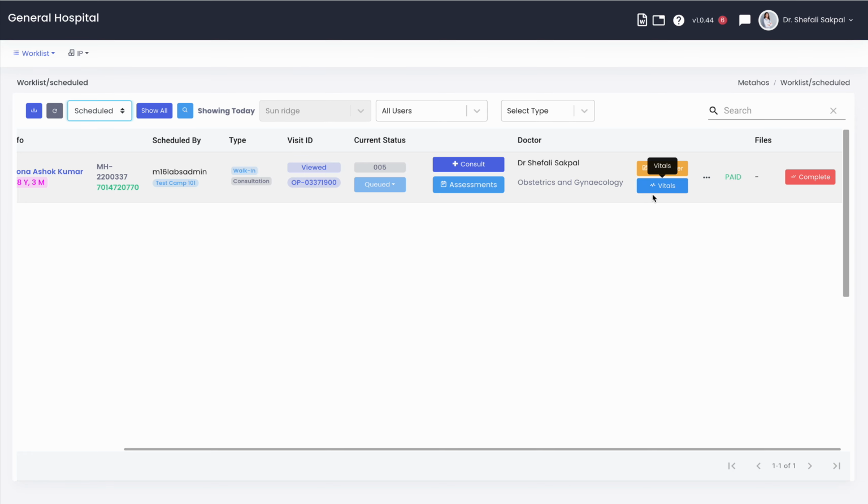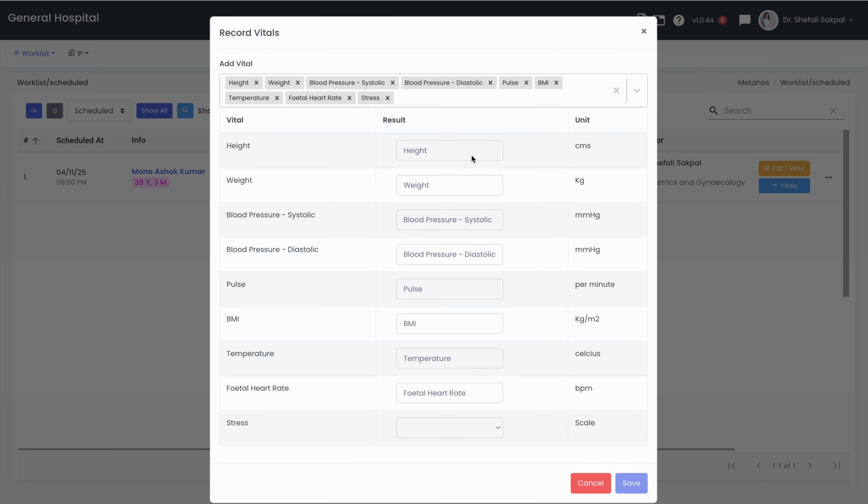So let's start with collecting the vitals. Now this can also be done by other healthcare workers, but right now I'll show that doctors also have access to it, so they can also collect the vitals if at all it is required. So we'll just add some vitals. Again, these vitals are